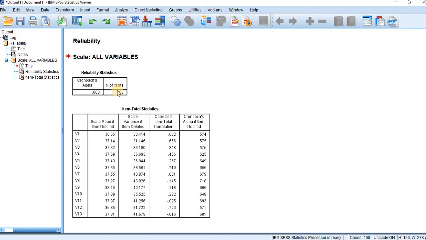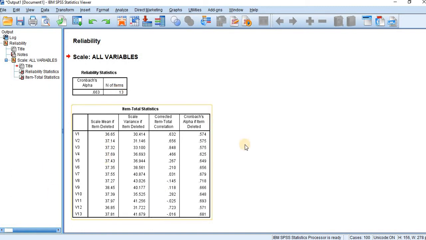The reliability standard is that a Cronbach alpha of more than 0.7 is good. I want the reliability of my variables to be more than 0.7.